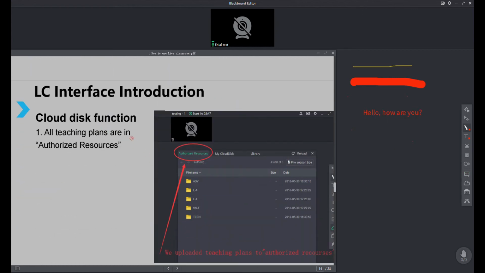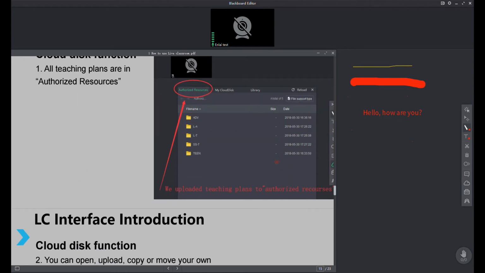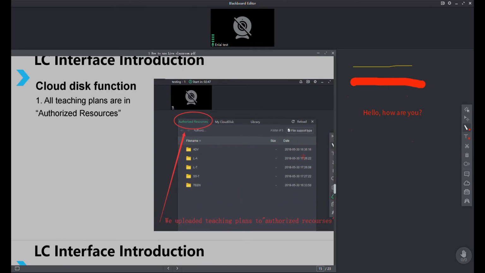Next one is quite useful when you search for your lesson plans. They are all in authorized resources. Because I'm recording my screen right now, even if I open Cloud Disk from my side, you are not able to see this. So let's just focus on the